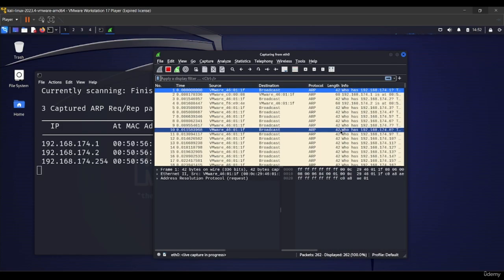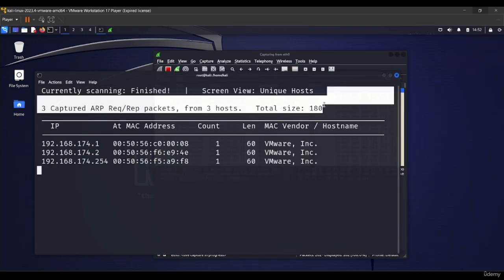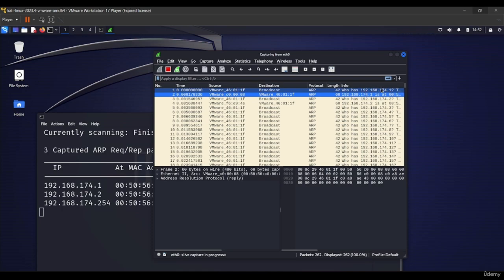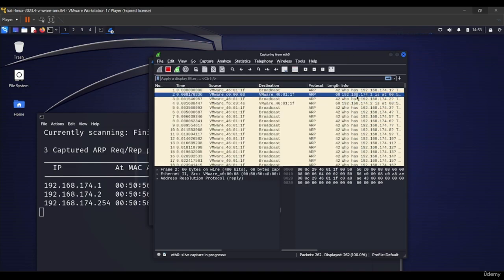And now observe that ARP is in use. Wireshark displays the devices holding specific addresses by sending ARP requests. Once it identifies the device with the targeted IP address, it showcases the mapping of the IP address to the MAC address. Like in this case, we can see we got this IP address with the MAC address. So it is asking who has this IP, and then again it is asking who has this IP. So here you can see this MAC address has this IP address.